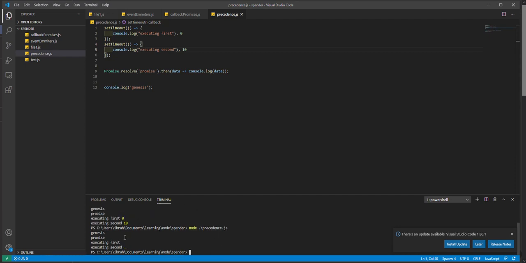Now let's take a look at our results. So we have Genesis and we have Promise. So this came out first, followed by this, and then first and second. The reason for this precedence is what we call